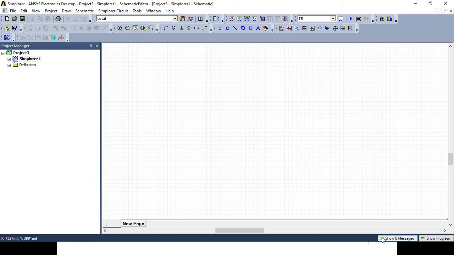Right now we are focusing on use of ANSYS Maxwell software for motor analysis, for which the RM Expert tool is the best option.